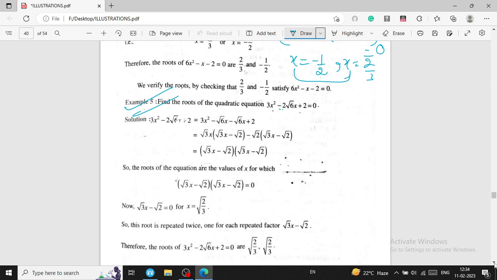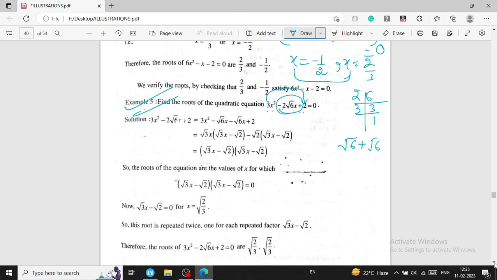Now the next question. In the next example we also use the factorization method. Here the statement is given in the form of roots. Then you can make factors like this. First of all, multiply: 3 times 2 is 6, and here 6 has factors 2 times 3, 3 times 1 is 3, but we need here 2 root 6, and 2 root 6 will be made by this method: root 6